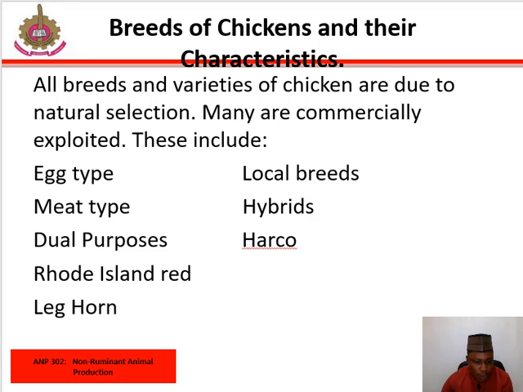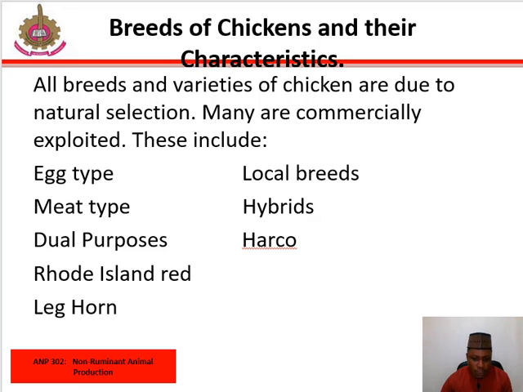The dual purpose birds are those raised for both meat and egg production. Examples are the Rhode Island Red, the Plymouth Rock, the New Hampshire, etc. In today's economic reality, in developed countries, dual purpose breeds are regarded as inefficient, producing neither meat nor eggs very efficiently. However, in Nigeria, dual purpose birds can be very useful, especially in less intensive systems of production.